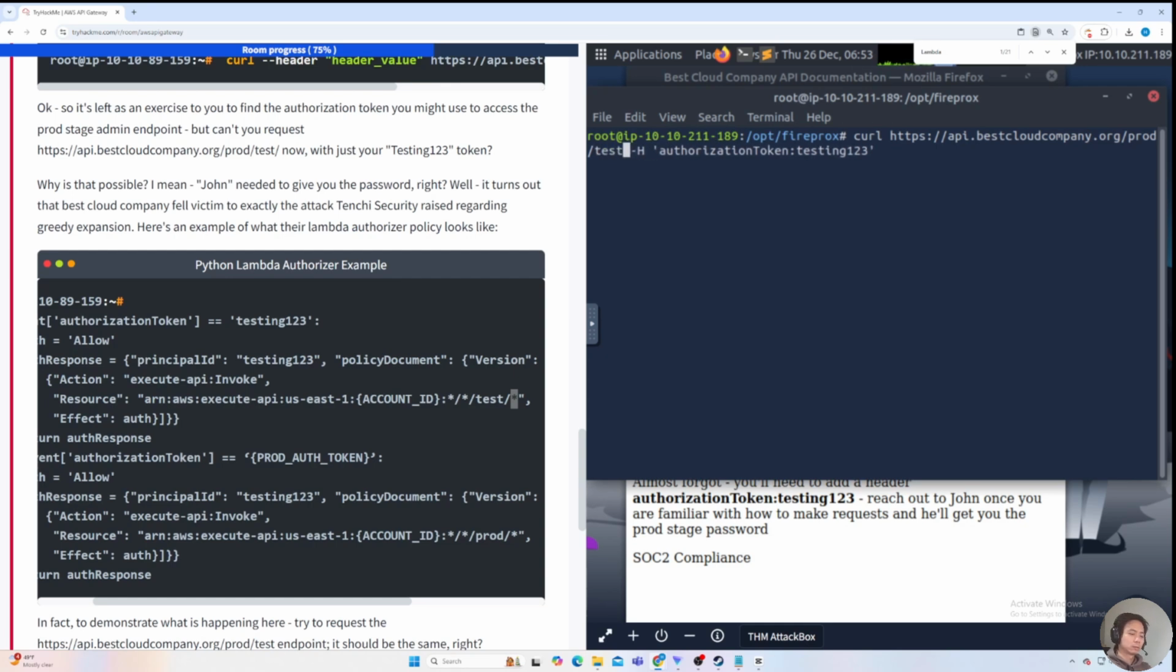when we try to request this endpoint, the https api.bestcloudcompany.org/prod/ matches this regex right here. So everything before that matches right here, and then it comes test with a / and then after that is 0 characters or any other string. This is the wildcard too. So basically this URL path satisfies this regex pattern right here,